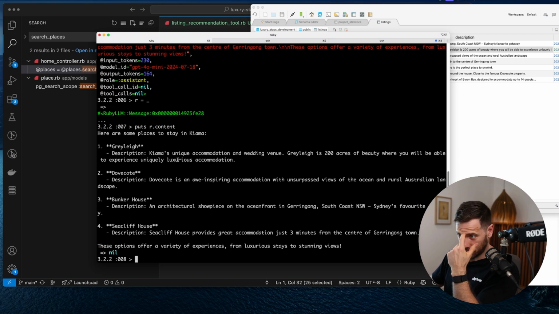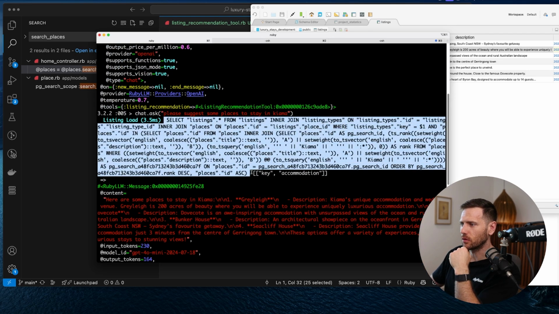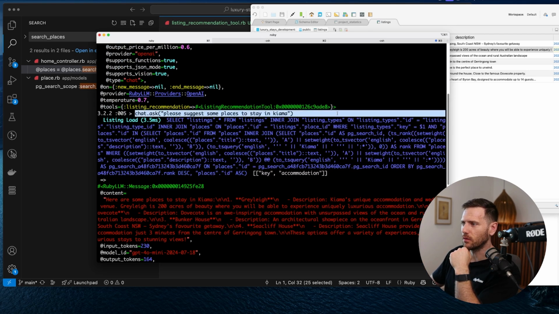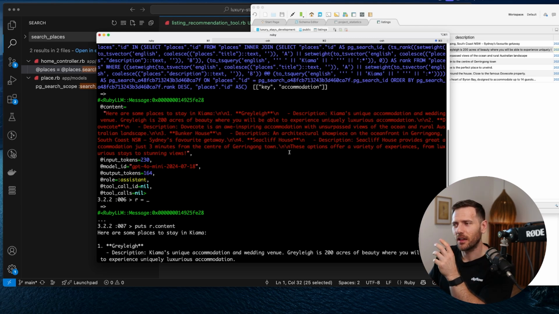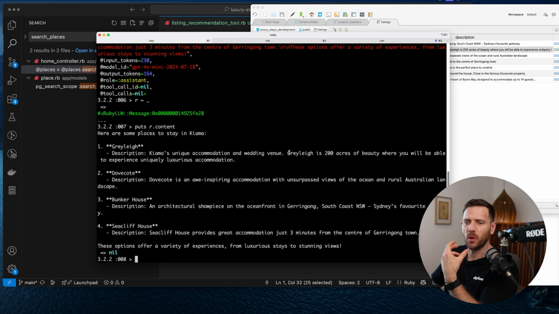So it's gone and done a search in our DB, and we probably, I mean, we could, if we had a different one running, we could have seen, here you go. Actually, you can see it in the console. So you can see here the actual query that we've run when we called. So this is how you can really make your apps cool. So you can create tools for your app that expose a whole bunch of stuff to the tool itself. There are ways of just adding system prompts, and you can just dump a whole bunch of